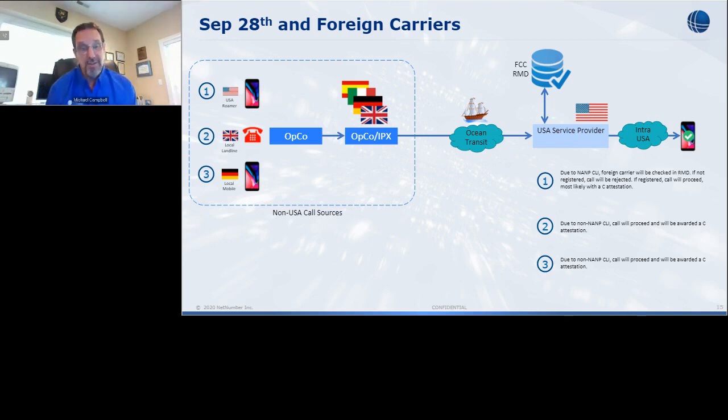Eventually the source in this case would be the U.S. service provider block on this picture. And the FCC, or the industry traceback group, will quite rightly say, why did you give that an A attestation? What was the criteria for that? The enforcement ability that provides is, I think, the other secret superpower of STIR/SHAKEN, which probably gets far too little attention. And we're not giving it enough attention in this webinar either. Yeah, but great point.